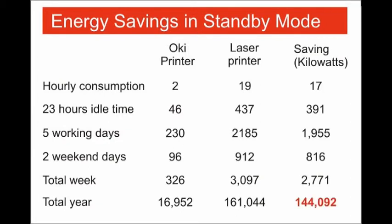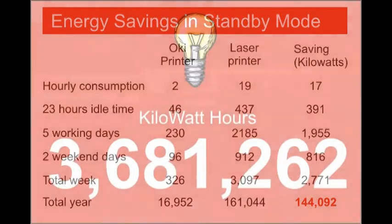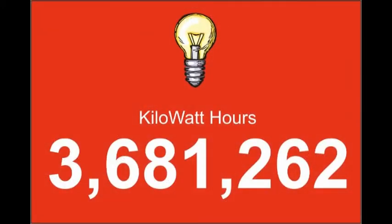Now to put that into some sort of perspective, IDC predict that the sales of this kind of product for the UAE alone in FY11 is something like 250,000 units. So if 10% of those were this kind of technology, then that's 25,500 units. So multiply the numbers together, you get something like 3.68 million kilowatt hours, which if at the DEWA rate